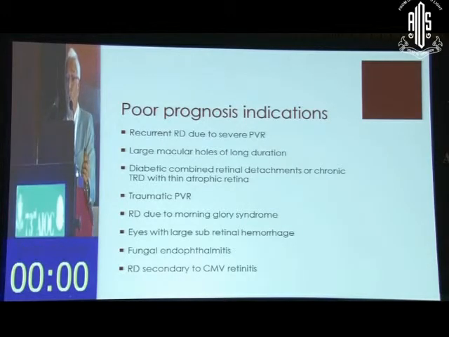The recurrence rate is so high with traumatic PVRs because of the admixture of the antigens introduced into the eye during the injury, along with the scleral dehiscence, which introduces a lot of other factors inside the eye. And blood also mixes with it. That causes the traumatic PVR to be very severe, unlike the regular RD-related PVR.